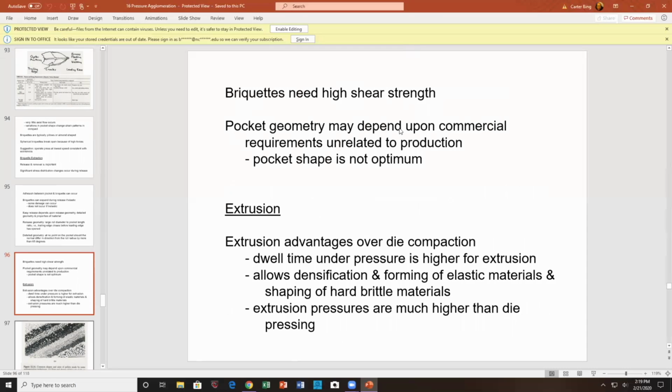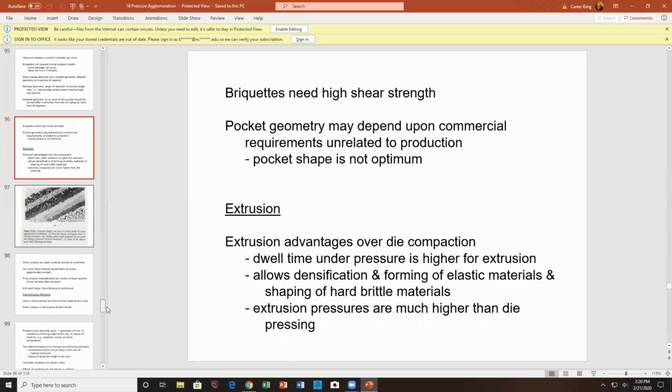Pocket geometry may depend upon commercial requirements unrelated to production. Well, yes, pocket geometry is one of those fashion statements, probably. Pocket shape is not optimum. So,